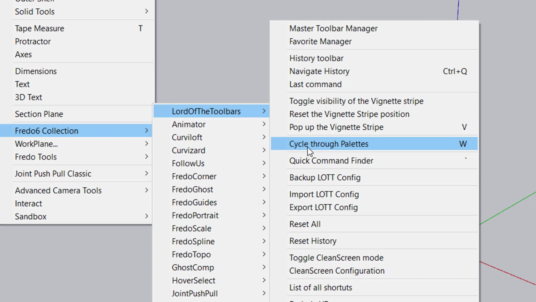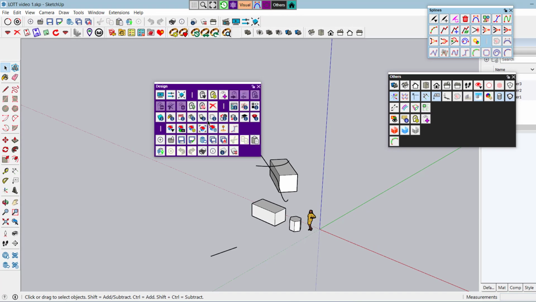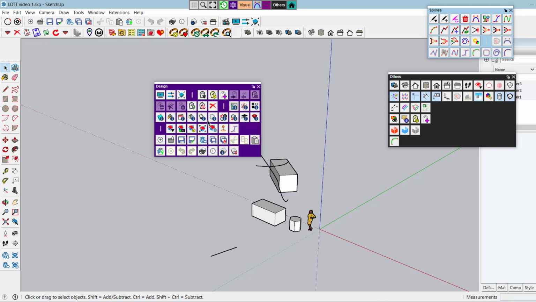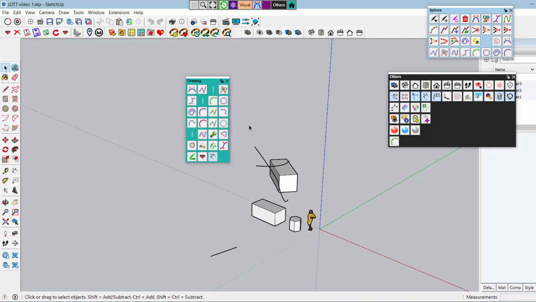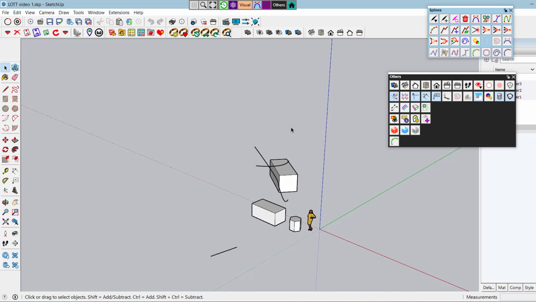So here I have assigned W. So if I press W once, the palette will show in sequence, so that it's relatively quick to select a palette. If you click outside or if you press escape, you exit the cycle mode and the palette will disappear.